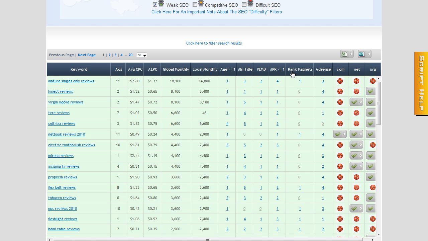But this just gives you an idea that there are these kinds of sites that are typically more easily outranked, and it's just another barometer for competitiveness for that keyword. Then we have AdSense, and this is just the number of AdSense sites in the top 10 of Google. These are sites that have AdSense ads on them. Now we don't use this metric in our SEO score. We don't factor in whether or not AdSense is on a site to determine the difficulty of a keyword,